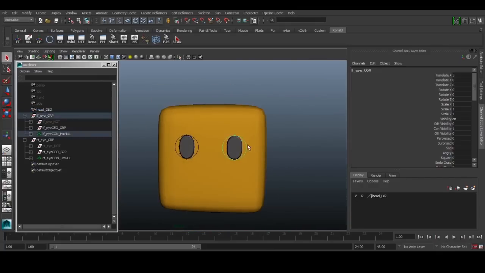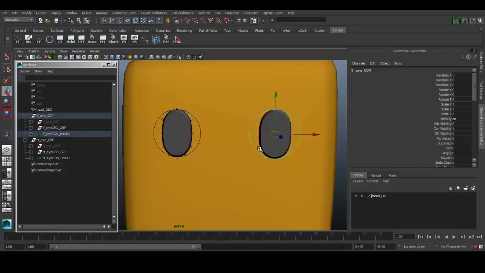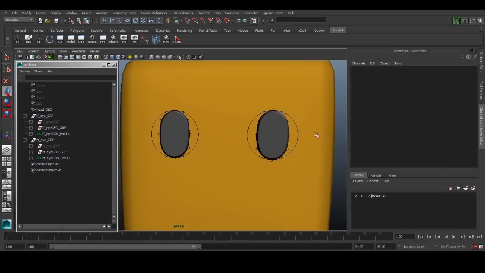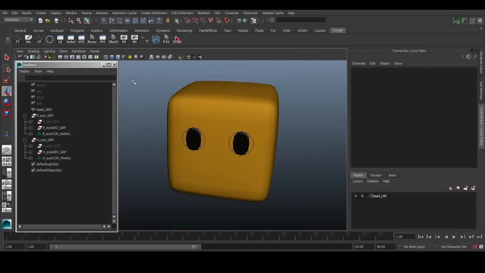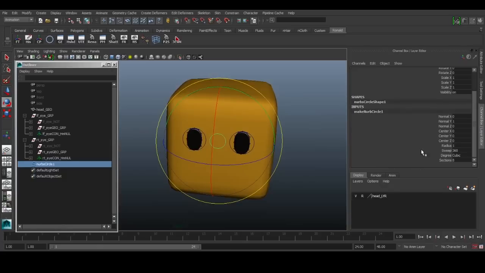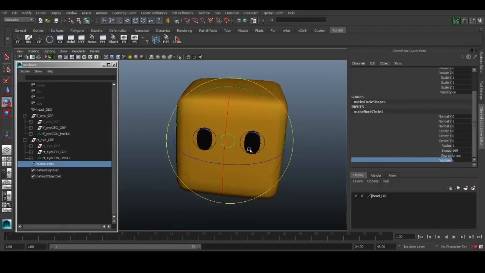So now what we need is, it's not always that we want to move these two controls all the time. It's a bit troublesome. So we have a bigger controller, the main eye controller, and then we will use that for our translation. So we'll create a NURB circle and rotate it to the front as usual, and then turn it to 4 segments and linear, maybe like this, 6 segments.